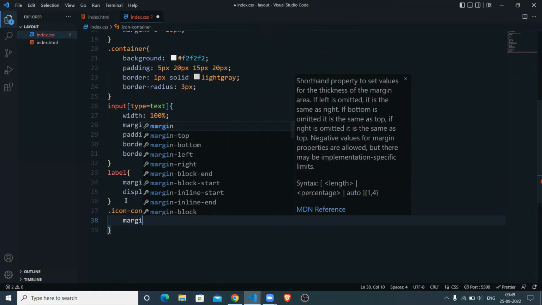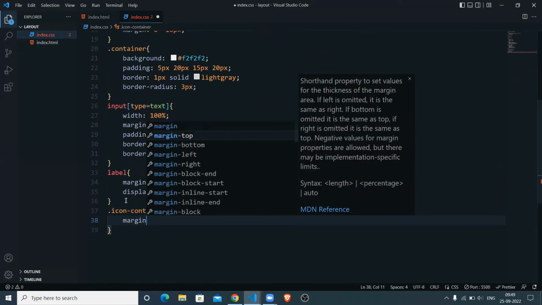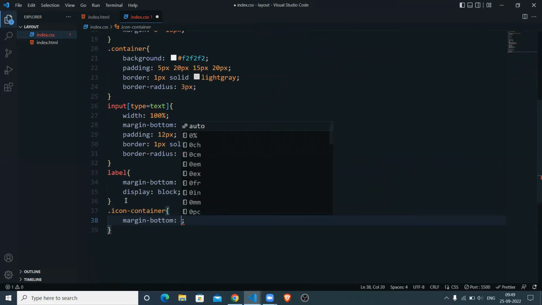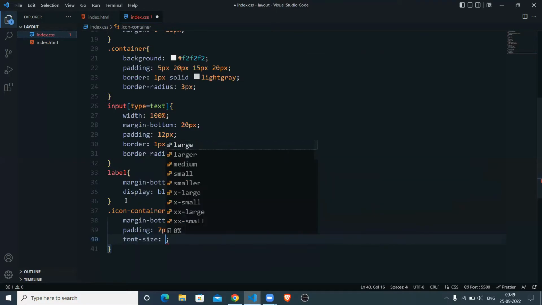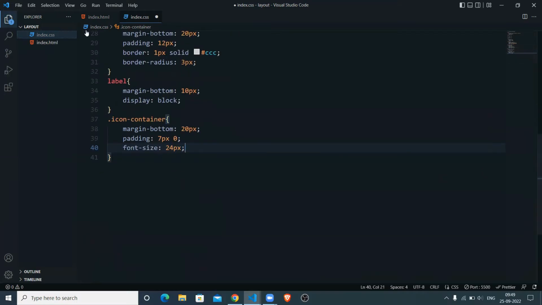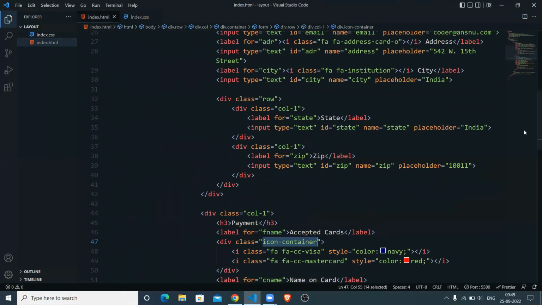I give some margin from bottom of about 20 pixel, and also give some padding, 7 pixel and 0, and also increase the font size. I have to increase it to 24 pixel. So now I give the CSS for